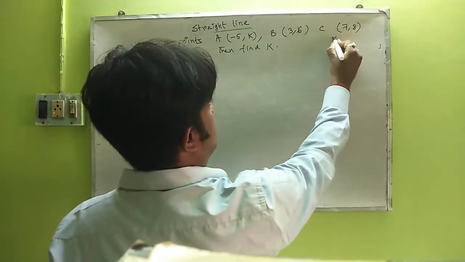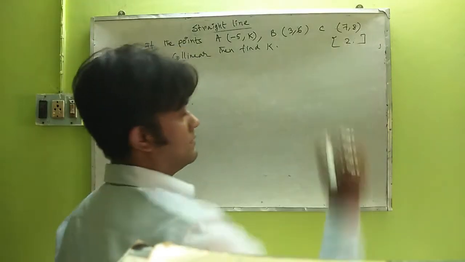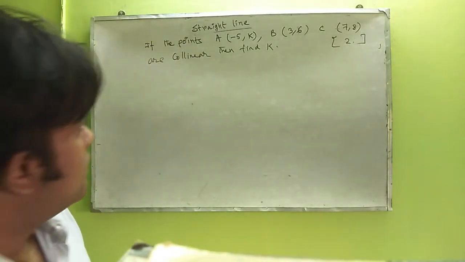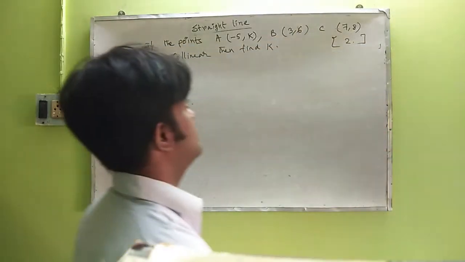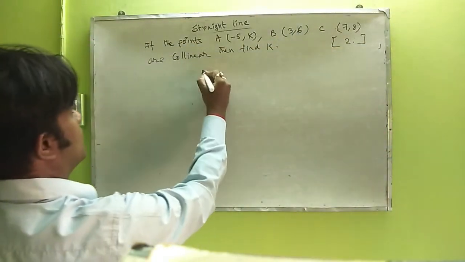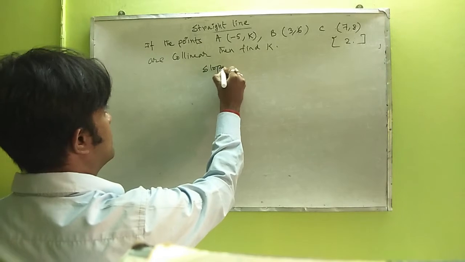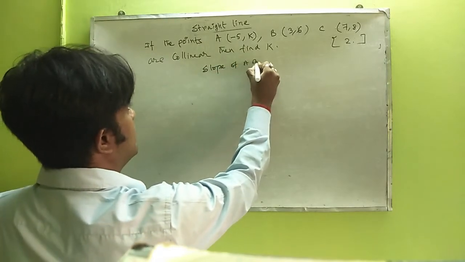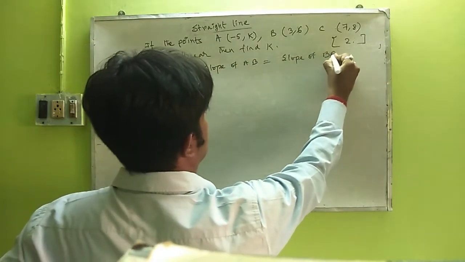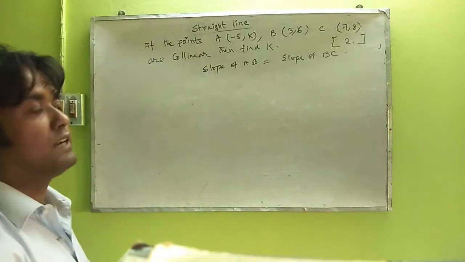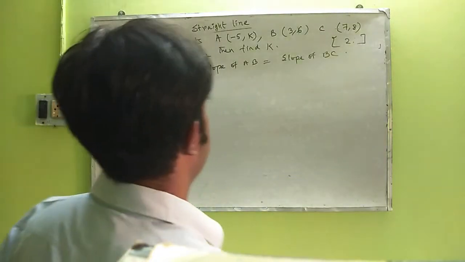It is a 2-mark question. So ABC are collinear, like the same process. Slope of AB will be slope of BC. You must mention that ABC are collinear points. So